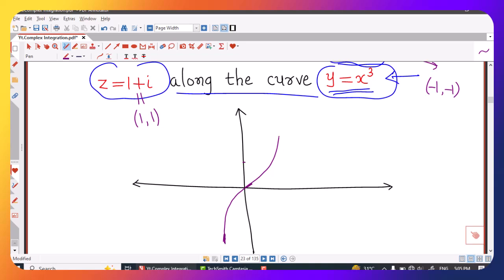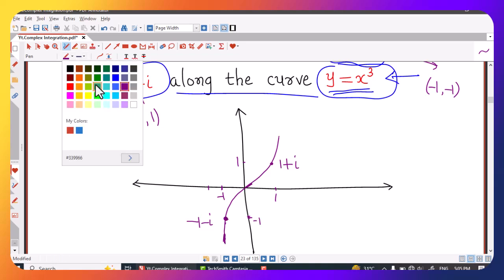So suppose we consider this much distance as 1, then this point is 1 plus i, and similarly if this is 1, this is minus 1, and here also we have minus 1, so minus 1 minus i. So I have to roughly write this point. Suppose this is minus 1. This is a rough sketch, so we are considering minus 1 here, and this corresponds to minus 1 here. So this point is minus 1 minus i,